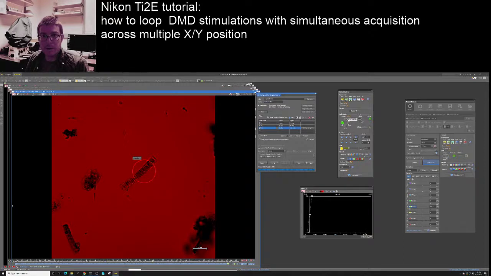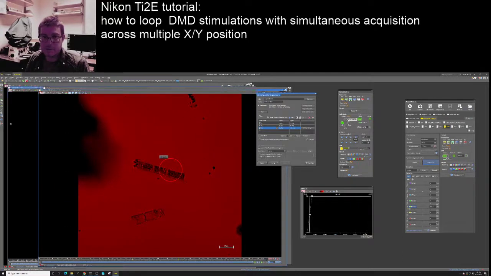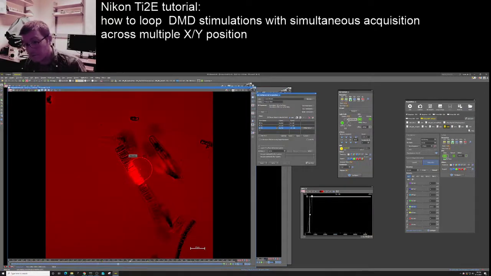And so the end product of that is 3 separate stimulation videos automatically set up. So instead of having to manually set up all your positions and execute the experiments, you could set up as many XY positions as you want and run the stimulation protocol. And so that is a simple way in which you can loop over XY positions while doing a simultaneous stim